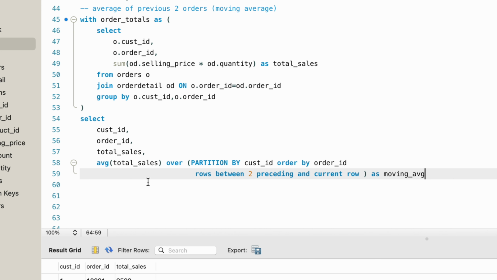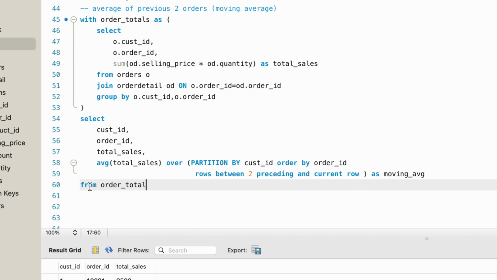This looks at the current row and the two preceding rows to calculate the average. This average will be calculated by looking at the two previous records from the current row. So in that scenario we can use rows between two preceding and current row as moving average from